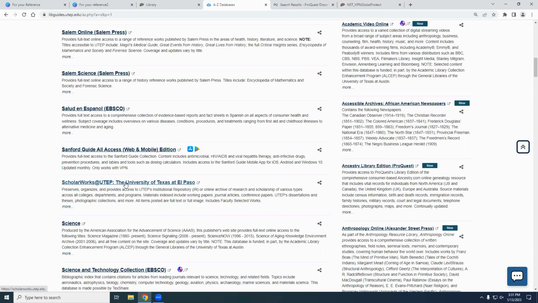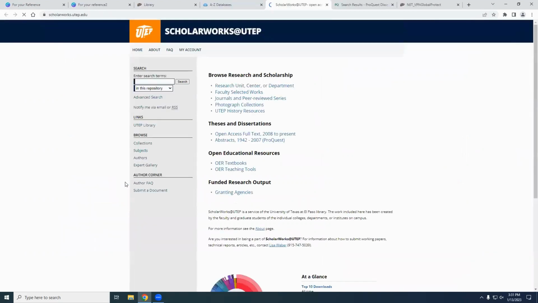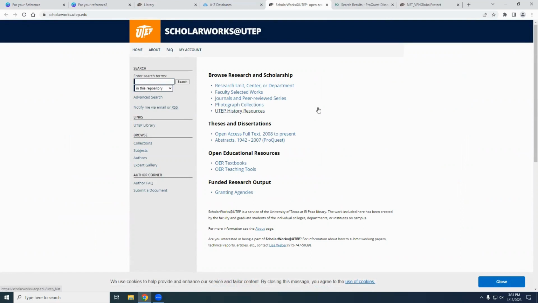Like Jenny mentioned when she introduced me, I am the Open Educational Resources Librarian. I'm trying to build this up because this is open access. And what that means is that your work can be viewed by anyone, anywhere in the world. So there are going to be different areas, different types of research, different things that we house.